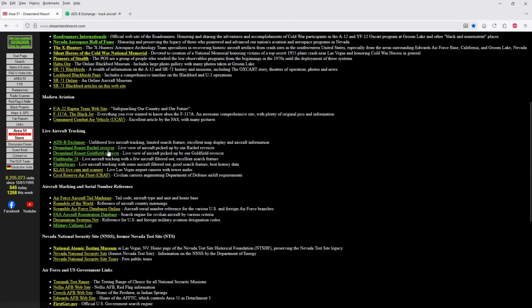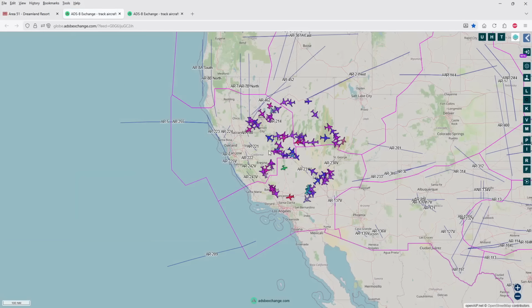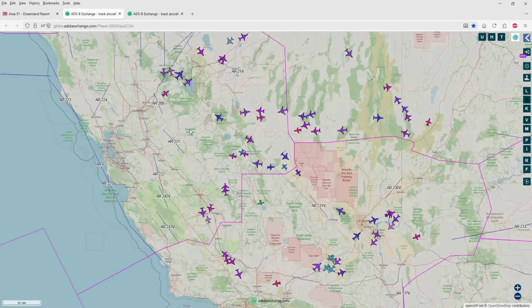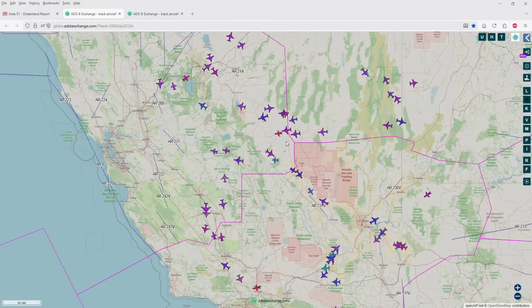Now let's take a look at the Goldfield receiver. Goldfield is on the other side of the test site around here. And you can see that it picks up quite a few more aircraft than my Rachel receiver. That is because the Goldfield receiver is on top of a mountain, whereas my Rachel receiver is in the valley here in Rachel. Next month I will add another receiver up here in Tonopah, so I will have 3 receivers